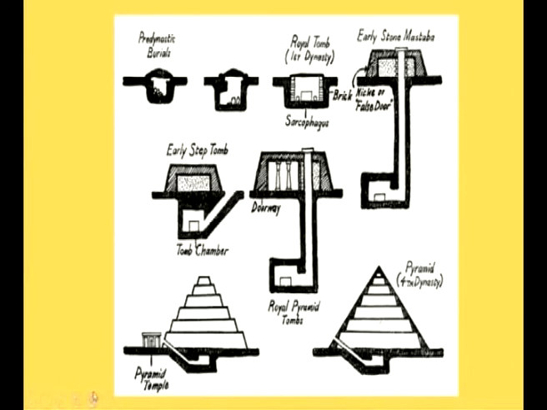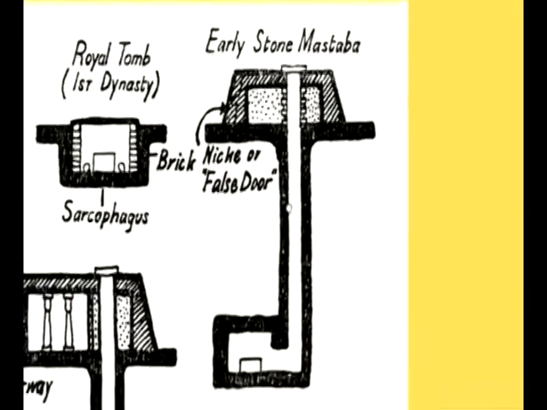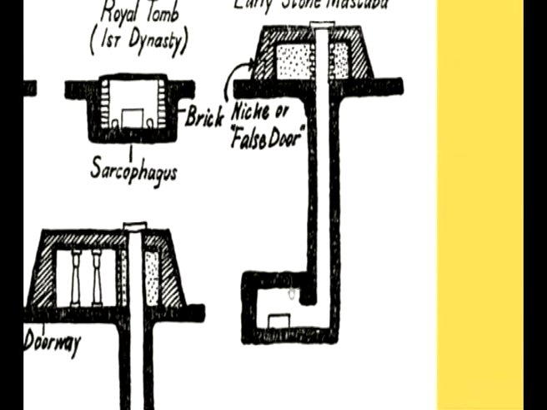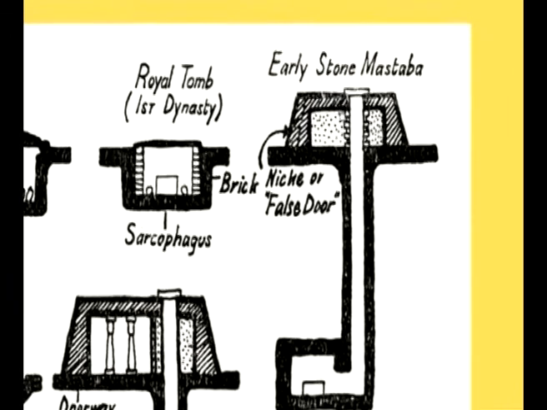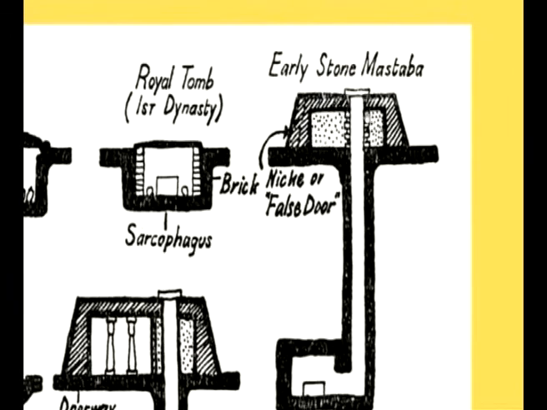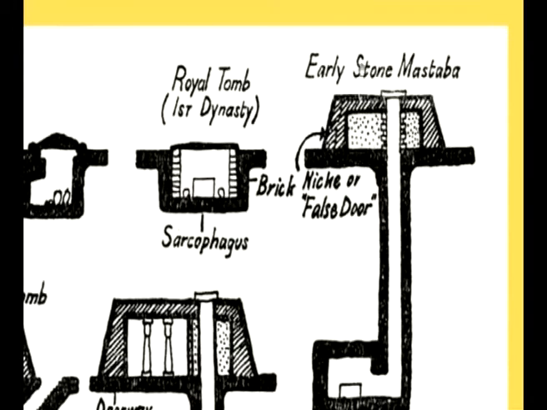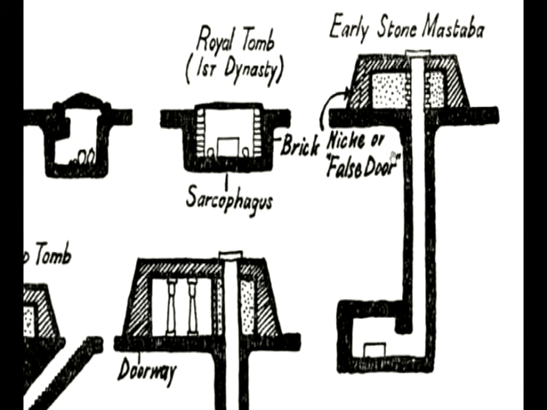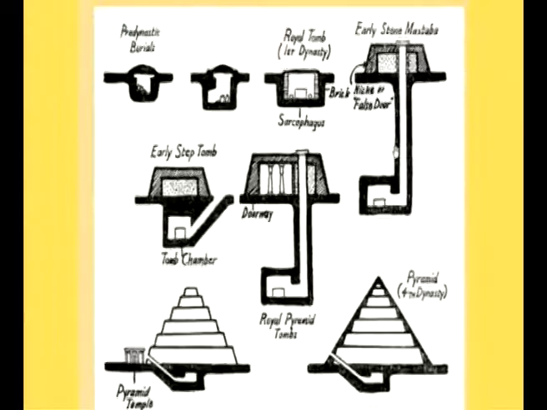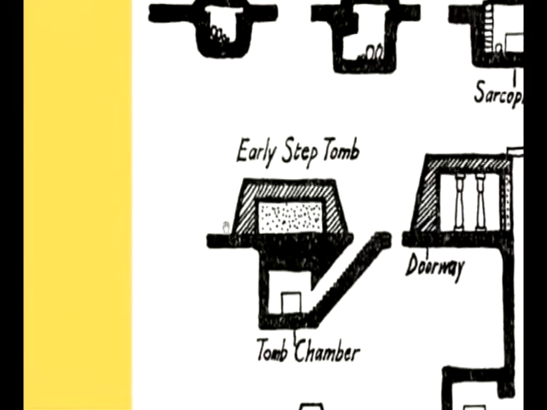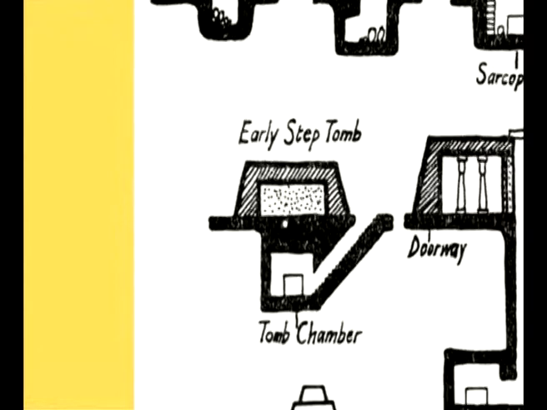As you could see, in the mastaba, this is the chamber where the dead person's body is stored, and above are added two rooms, one for the priest and the other for storage of a statue of the person. All these mastabas had a false door or a niche in them. Early step tomb, as you could see,